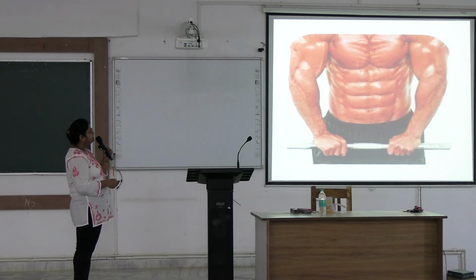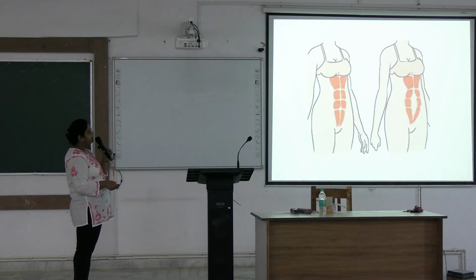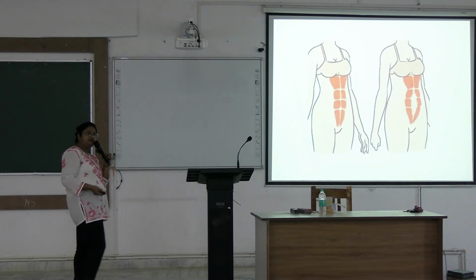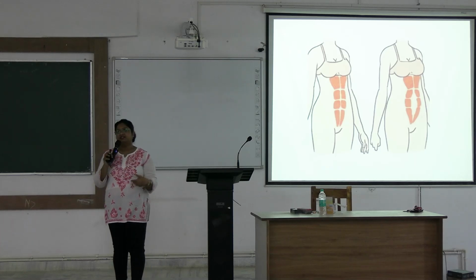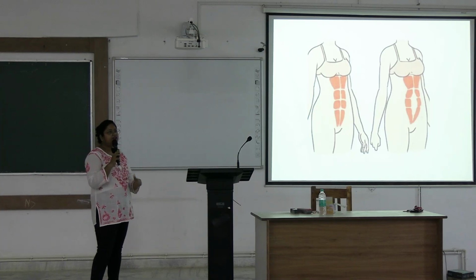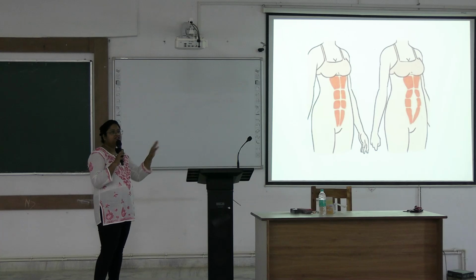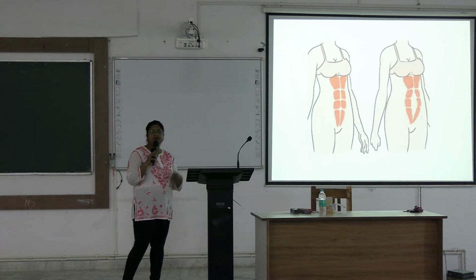These are the rectus abdominis. This is rectus divarication. Two recti are separating from each other. This generally occurs during straining, micturition, defecation, or coughing. There is a high chance of injury to the internal organs in case of rectus divarication because the muscle is protecting all the organs anteriorly.